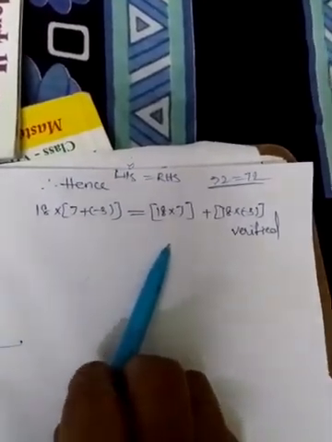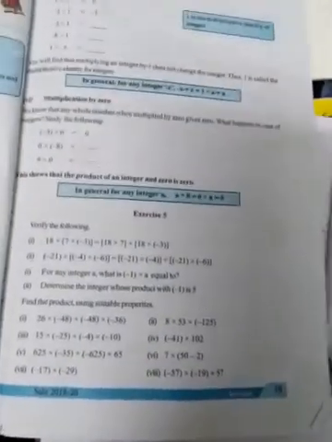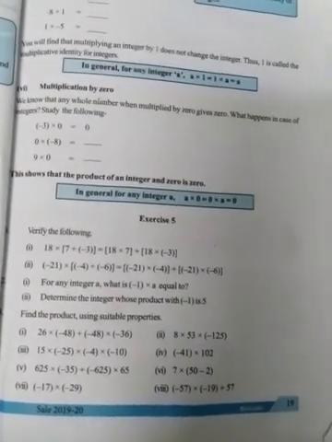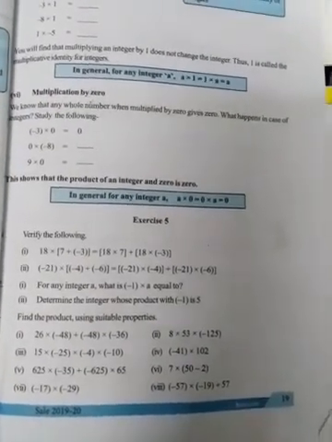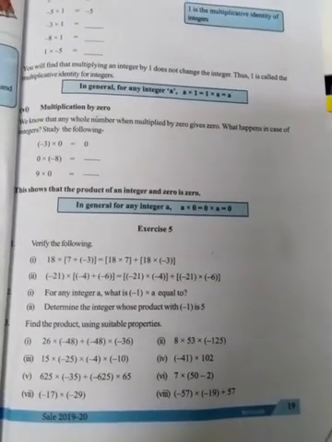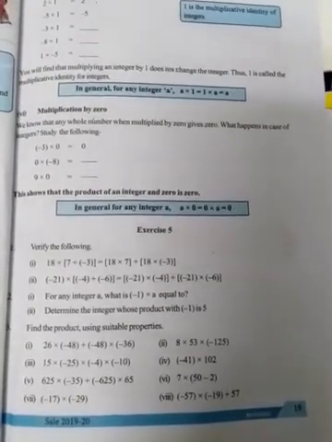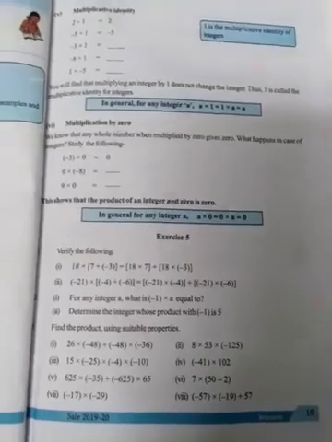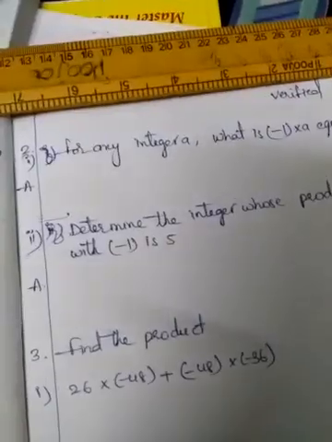In the second one is there the homework for you. In the second one also verified is there. Verified: minus 21 into minus 4 plus of minus 6 is equals to minus 21 into minus 4 plus minus 21 into minus 6. LHS separately do, RHS separately do, you will get the answer. Okay. In that second problem, listen now. After completing homework problem, second problems.